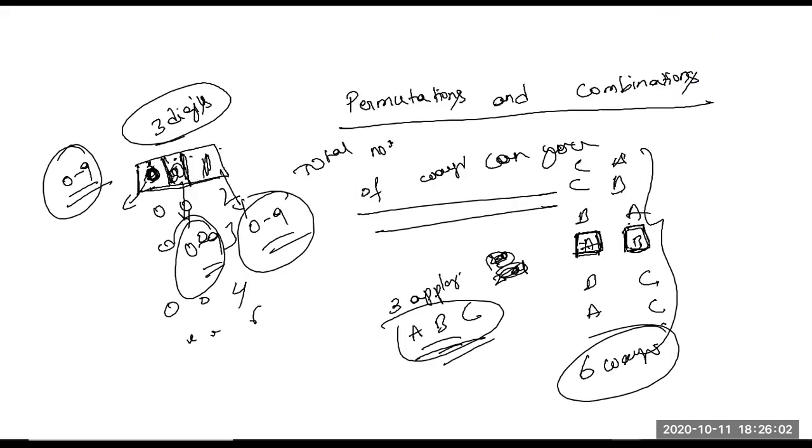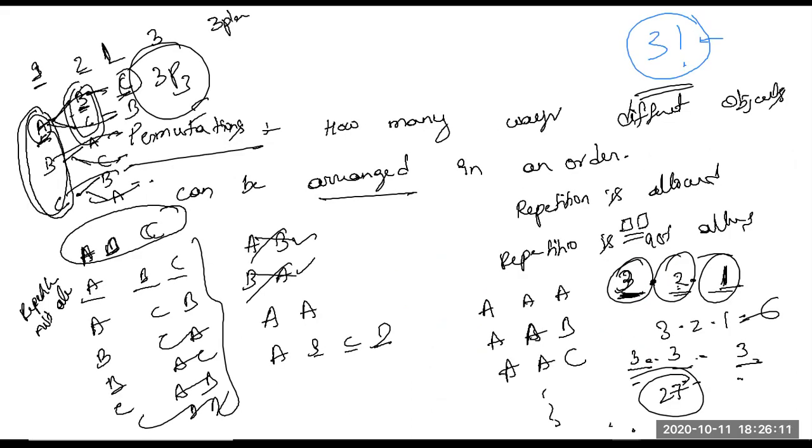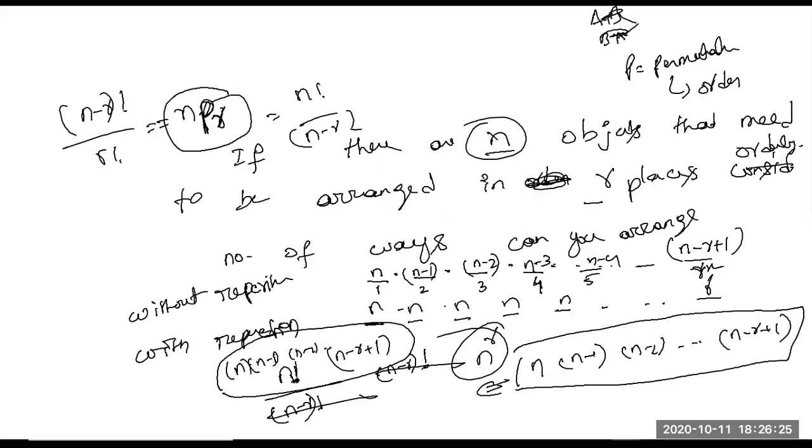So this is your first slide where we discussed practical examples of permutations. How can you arrange, without repetition? How can you arrange with repetition? Then we discussed the permutation definition, and how to arrange different objects in different places, with repetition and without repetition, and the general formula we derived for permutation. So permutations are nothing but arrangements in order. That is nPr.